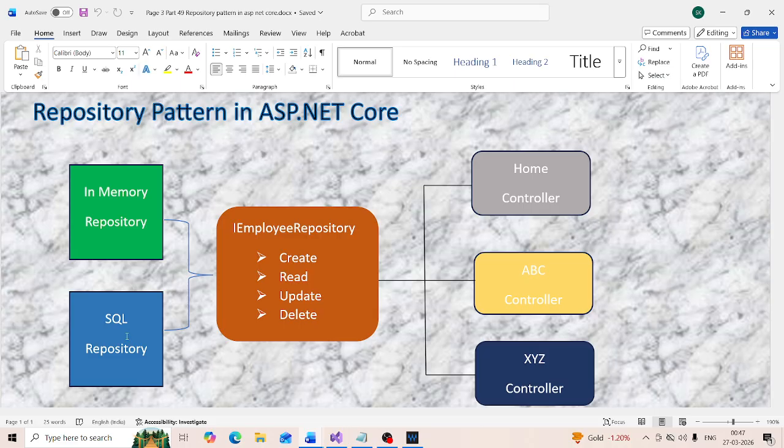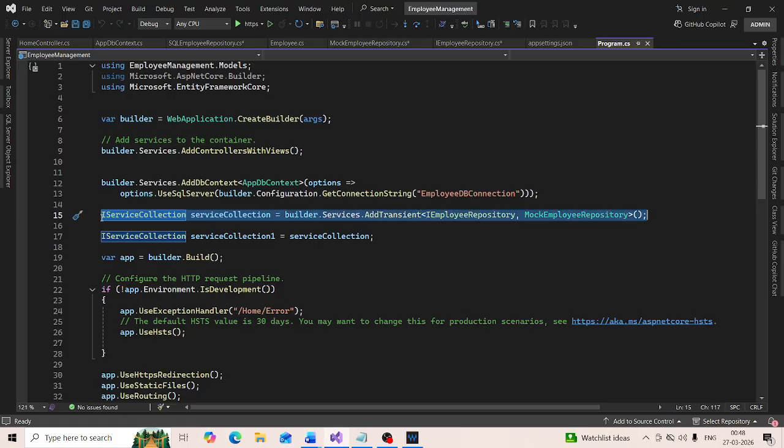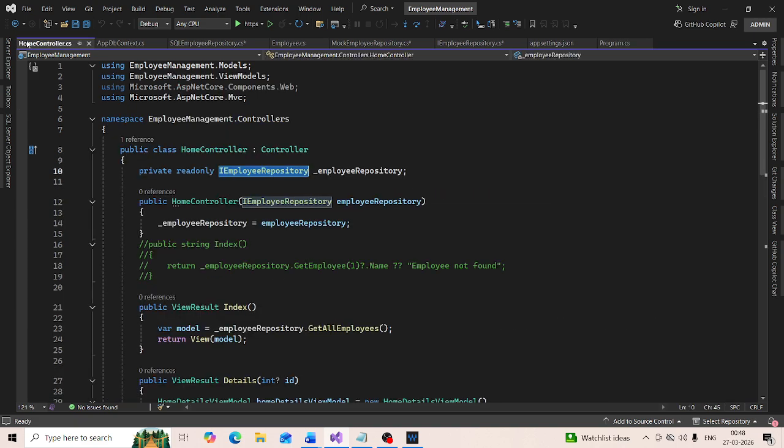So if we take a look at the program.cs file, notice we have registered the MockEmployeeRepository class. So with this one line of code, we are basically saying if someone like this home controller asks for an instance of employee repository, then provide them an instance of